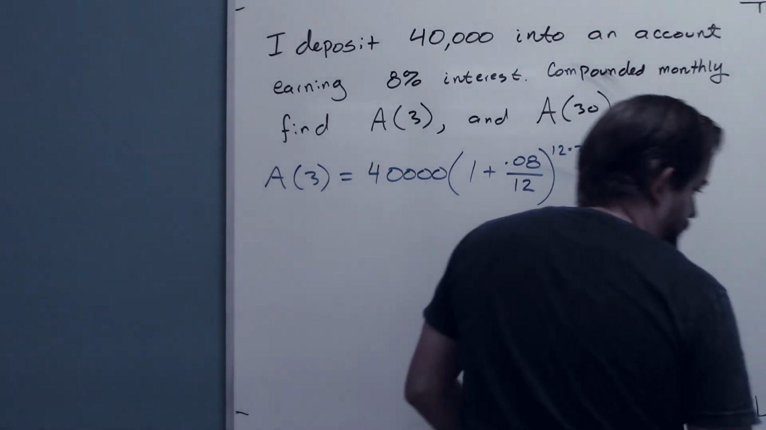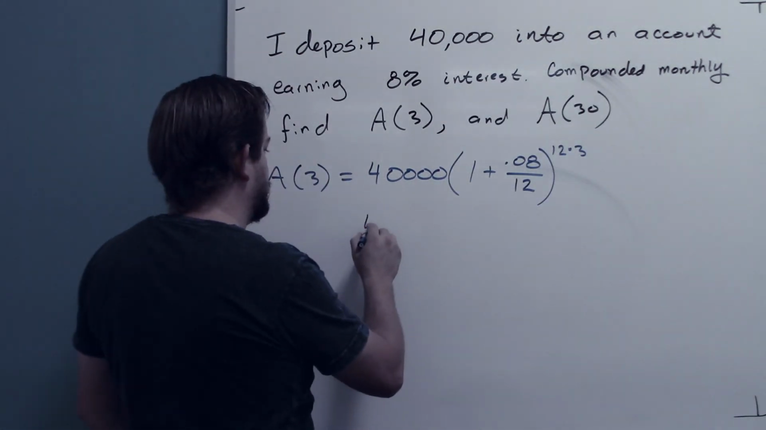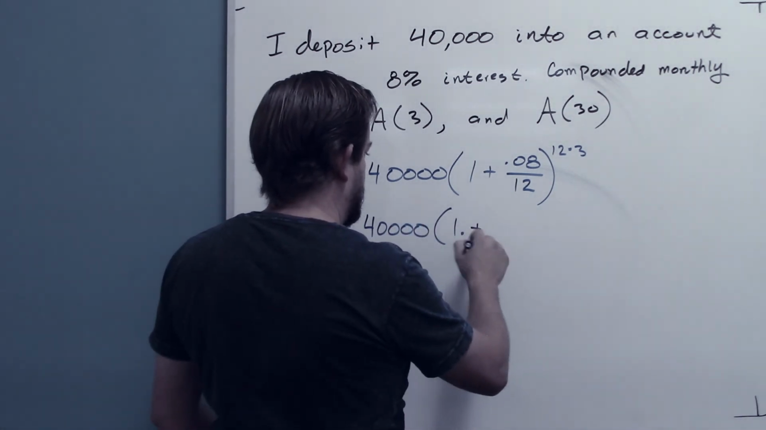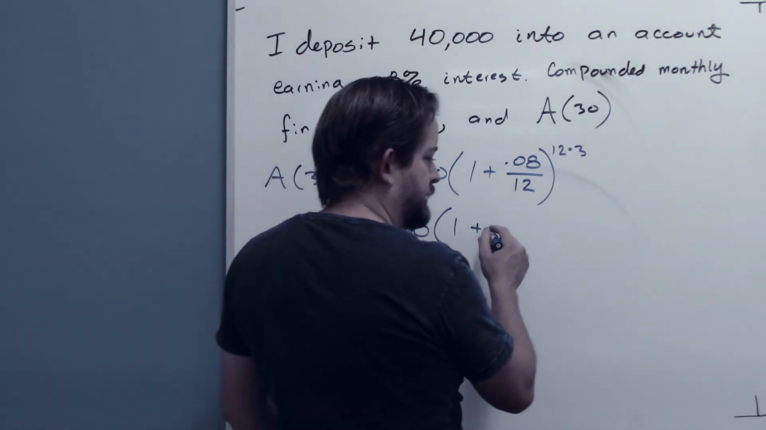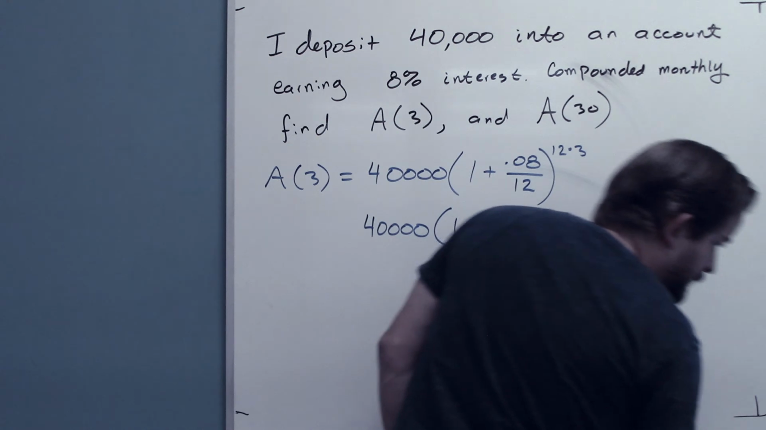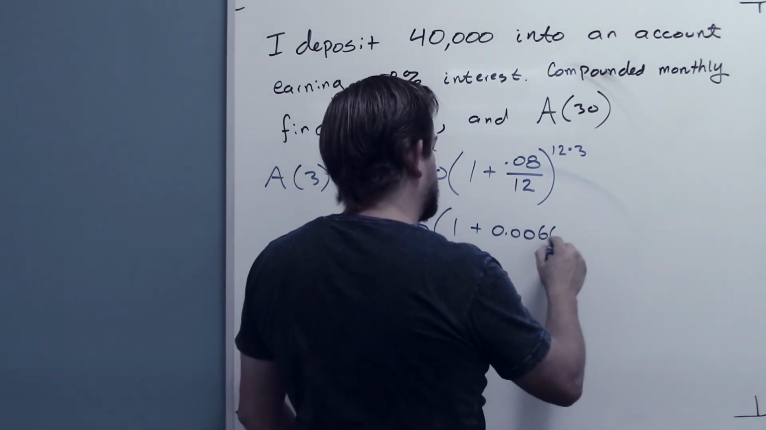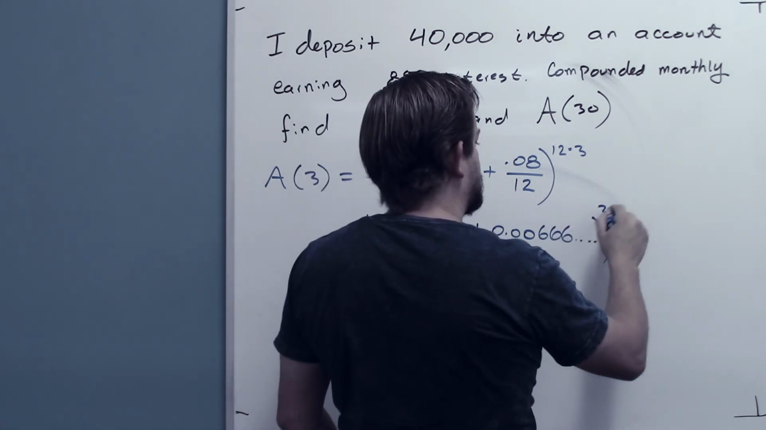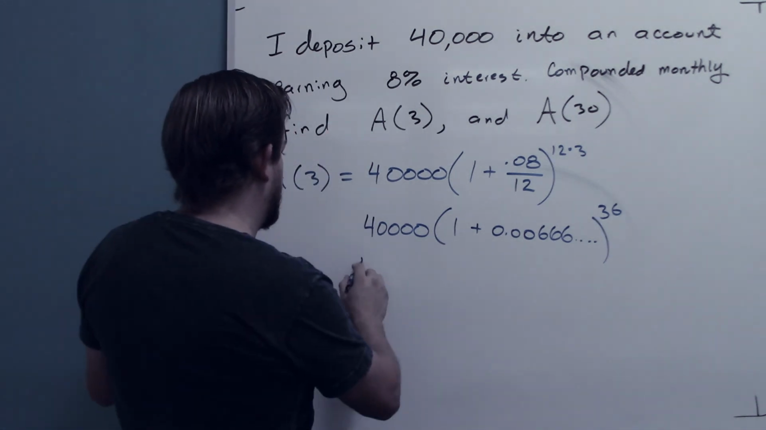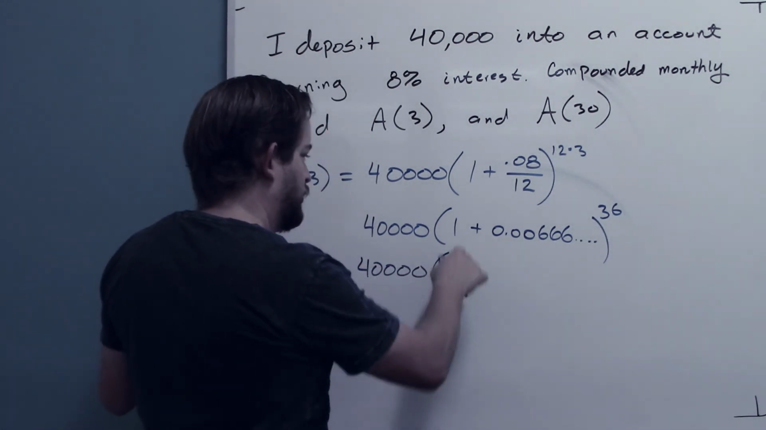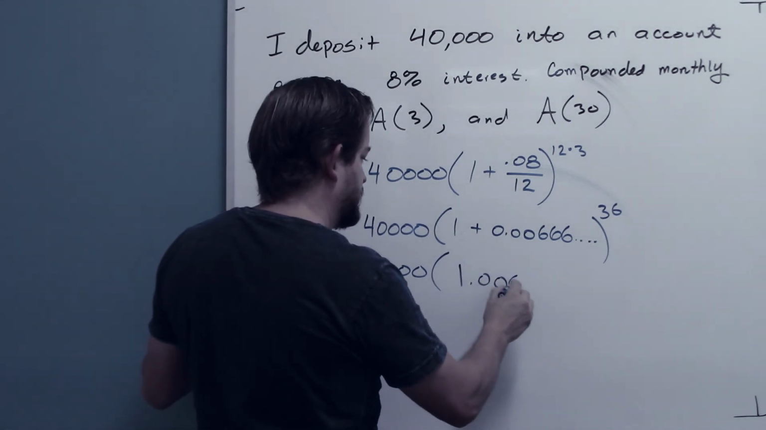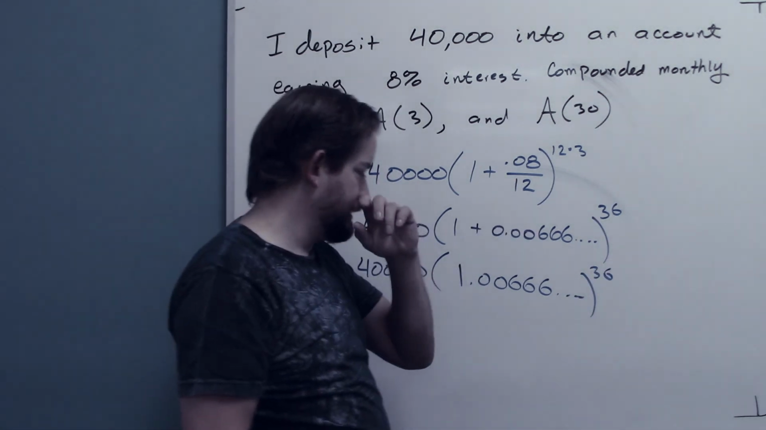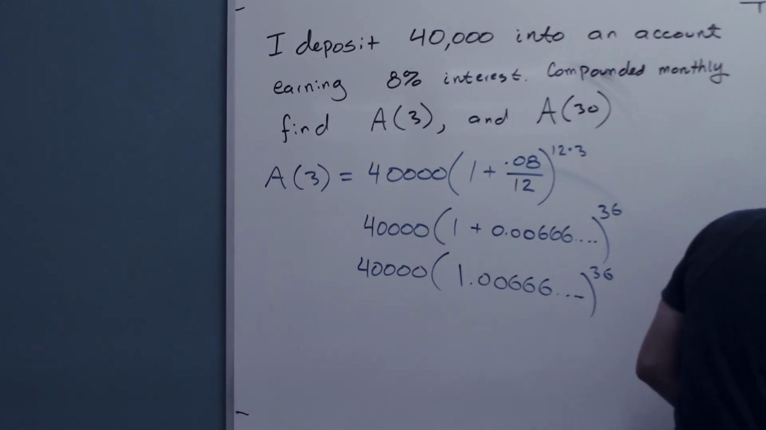So that is a repeating number, so I've got this 40,000 multiplied by 1 plus, this ends up being 0.00666 forever onwards. Still raised to the, and I can take this, 12 times 3 is 36, right? So this is then that 40,000. 1 plus that is just 1.00666 forever, to the 36. So this 1.00666 forever raised to the 36 gives me